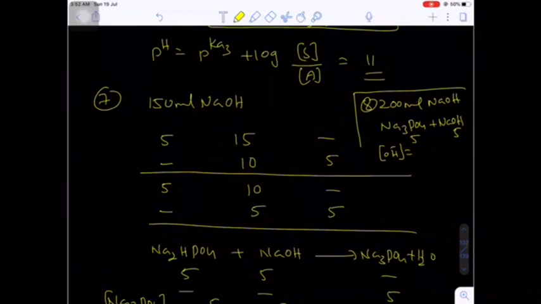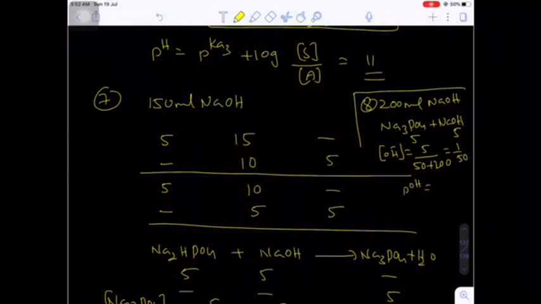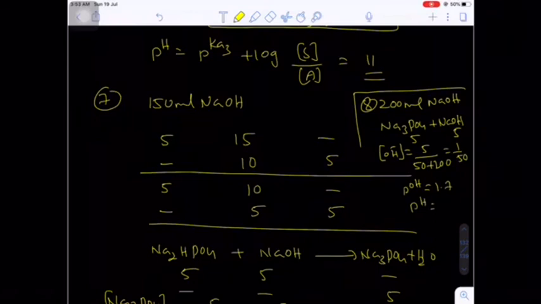Na3PO4 and NaOH both will be present, and these 5 millimoles will be present. So the concentration of OH minus ions will decide the pH of the solution. So 5 millimoles by total volume, 50 ml of phosphoric acid and 200 ml of sodium hydroxide. So total 1 by 50. Okay, from here the